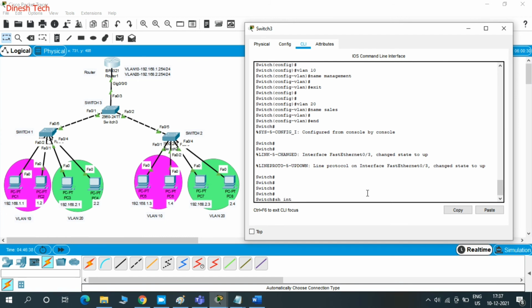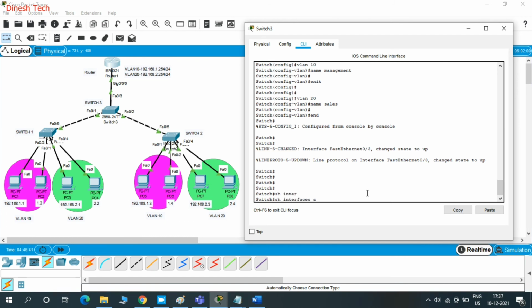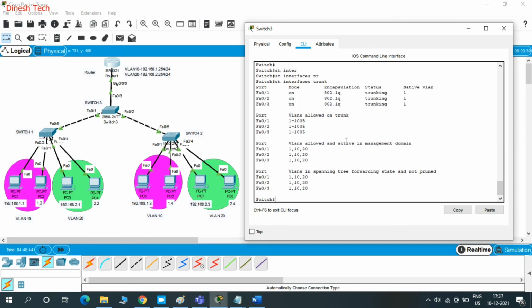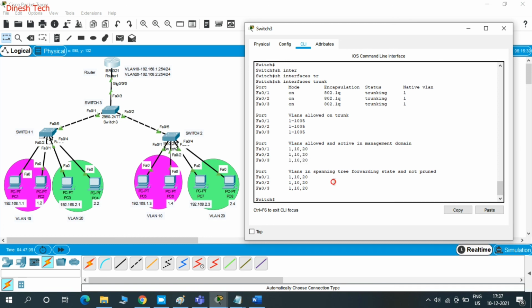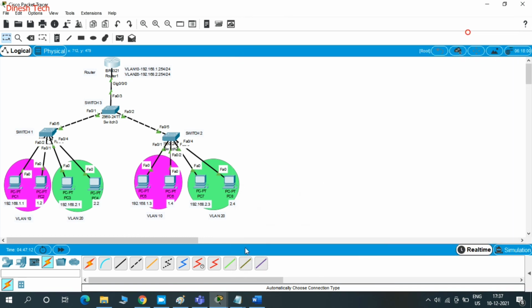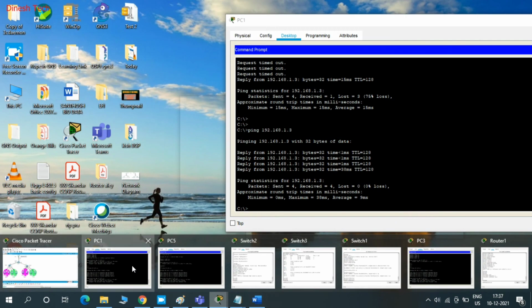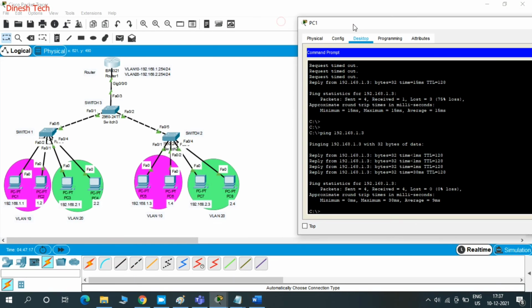Now we'll check the switch 3 configuration. Just give show interface trunk. Yeah, we can see all interfaces are configured with trunk and the encapsulation is showing 802.1q. See, there are two types of encapsulation. One is ISL and the second one is 802.1q. ISL is Cisco proprietary and will only work on Cisco devices. If you configure 802.1q, it will support multiple vendors. If one end is Cisco and the other end is Dell, it will work. So we should configure 802.1q there. In Packet Tracer, it's showing only 802.1q. It's not showing ISL, so no problem. But we have to mention 802.1q, or else trunking won't work here.